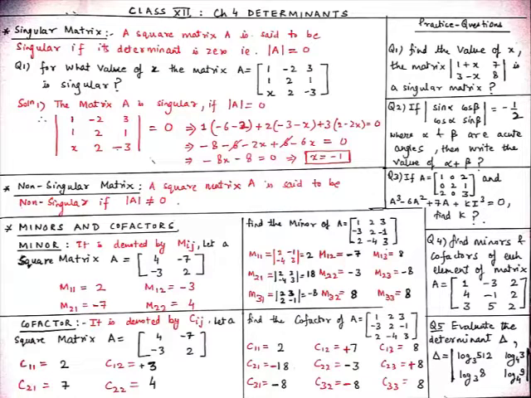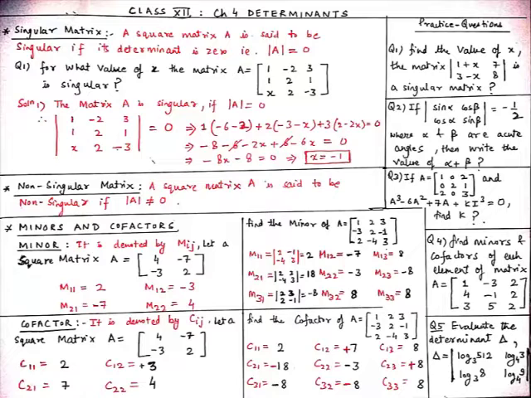So this is how we can find the minors of 2 by 2 order and 3 by 3 order square matrix. And now we will learn how to find the cofactors of a square matrix. So to understand this, let's say a matrix A equal to 4, minus 7, minus 3, 2. And student, we will denote cofactor by Cij. So here in 2 by 2 order matrix, we will denote it as C11, C12, C21, and C22. And now finding cofactors will become easier for us because we already know how to find the minors. Similarly, student, we can find the cofactors also.